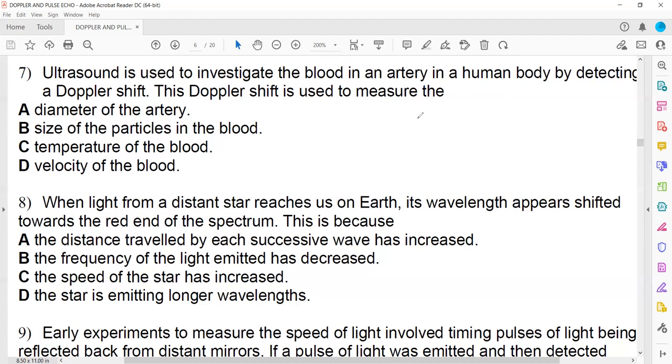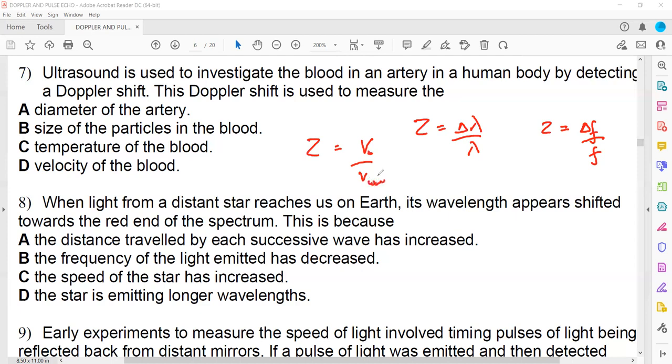And first we can find a Doppler shift. The Doppler shift is equal to change in wavelength divided by original wavelength, or Doppler shift can be used to find change in frequency divided by original frequency. So after getting a Doppler shift, the Doppler shift is equal to speed of the object divided by speed of the wave. Because ultrasound has different speeds in different media, this is always the speed of the object and this is the speed of the